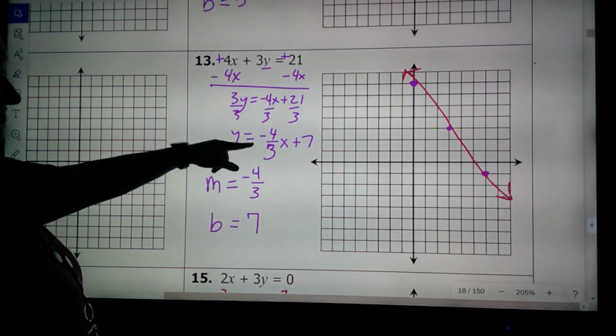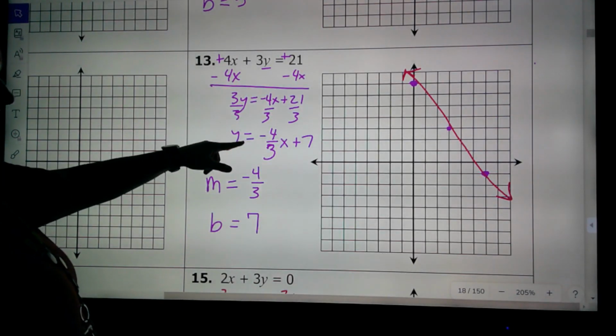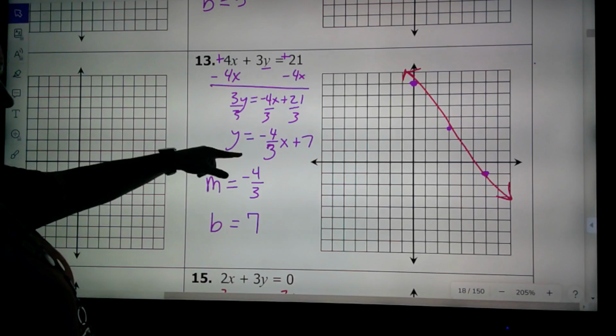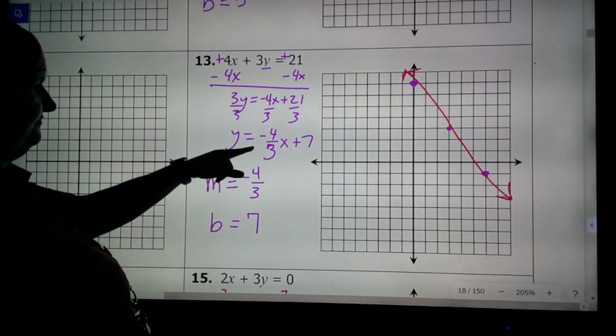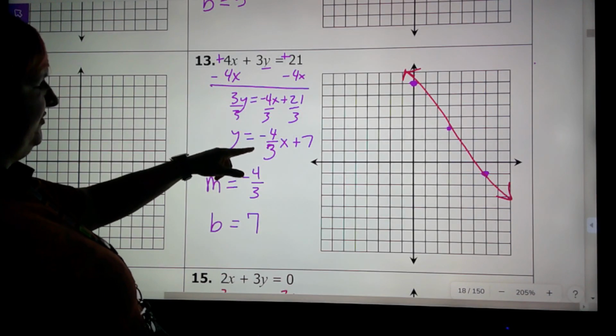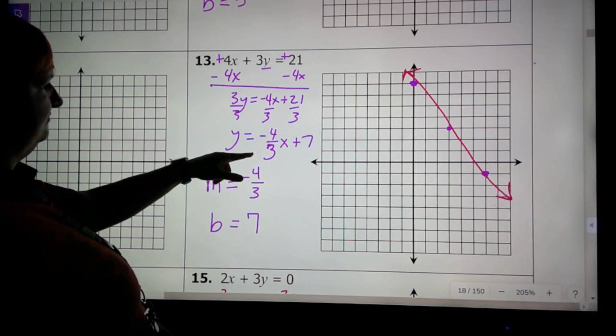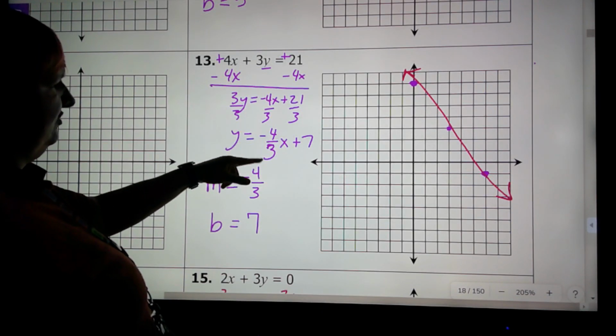We did something wrong. My slope should have been negative. What did we do wrong? Down 4, right 3. Oh,